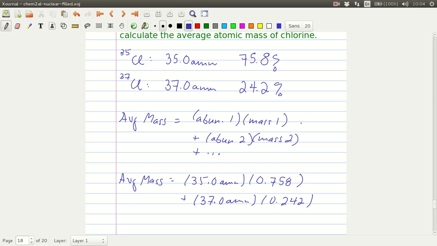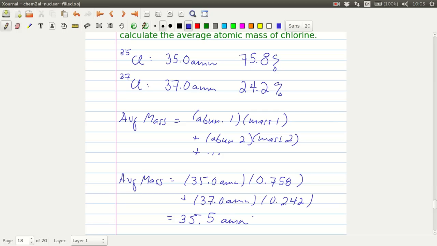Make sure you convert your percent into a decimal, otherwise you're going to get some ridiculously large number in the thousands and it's going to make no sense. Then you run it in your calculator: 35 times 0.758 plus 37 times 0.242. So I get 35.5